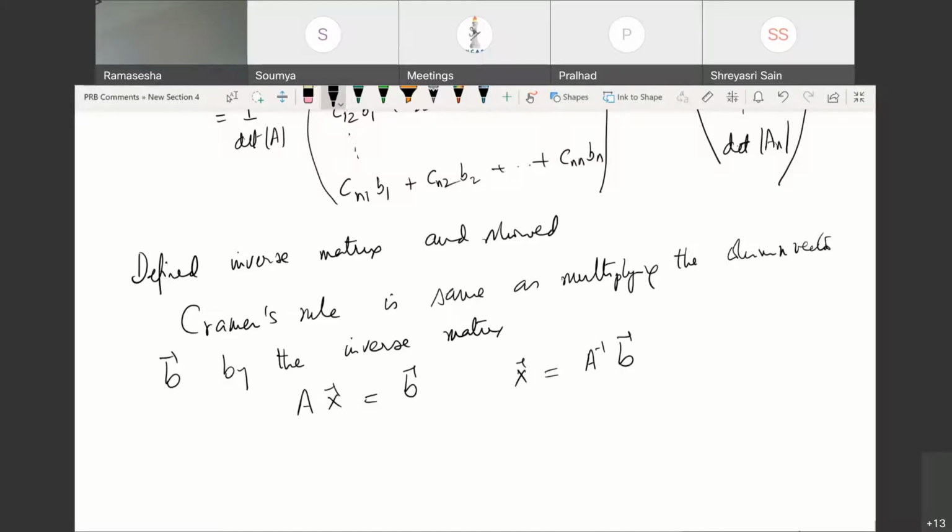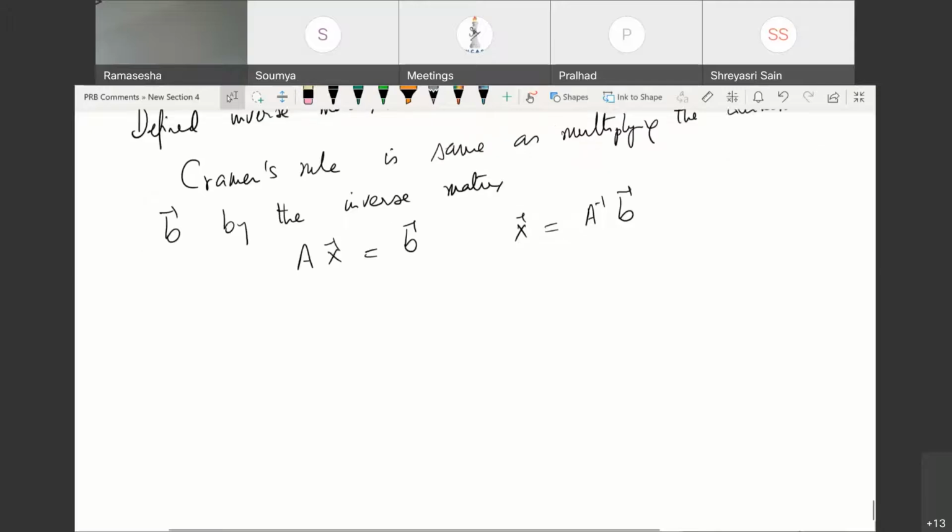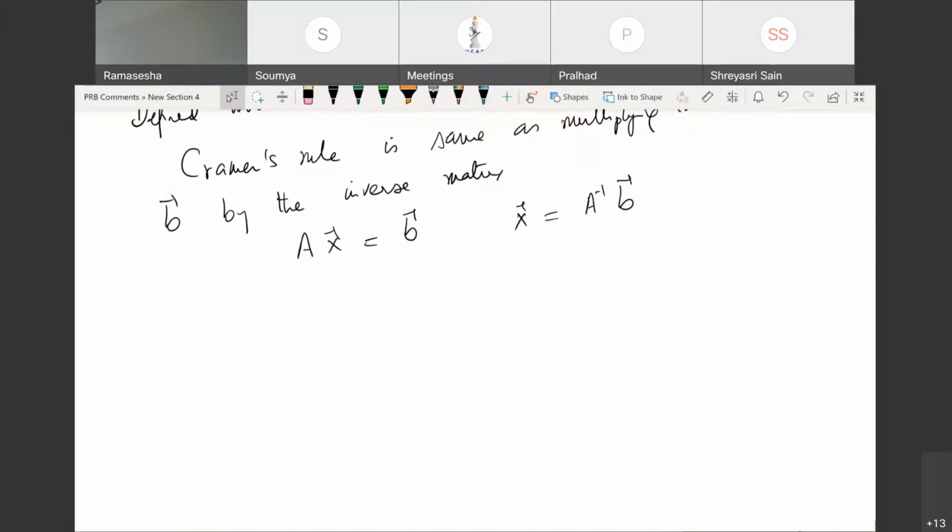Okay, so it appears to be a bit of a difficult thing, because if you want to calculate all the cofactors and all that, it's going to be a really difficult thing. But with determinants, you never do the calculations using expansion by cofactors. Instead, you always manipulate the rows and the columns such that you get either a lower triangle or upper triangle of zeros, so that you can just take the product of the diagonal elements as the determinant. Okay, so this is how I got it.